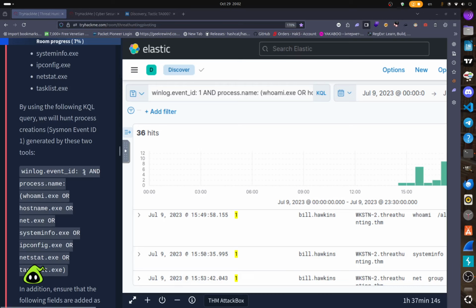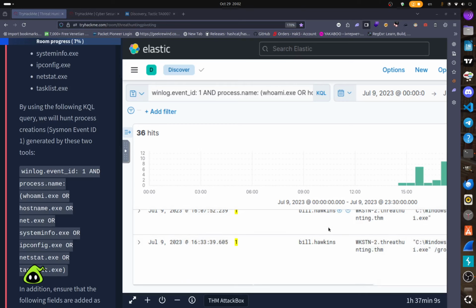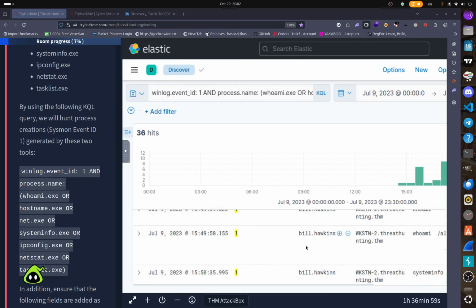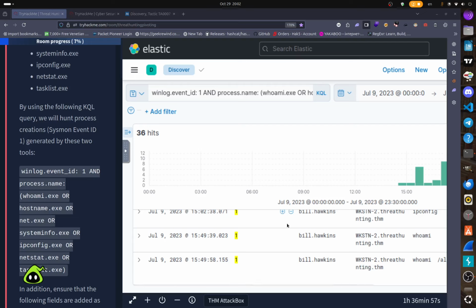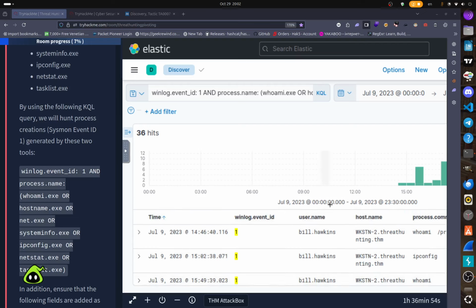So based on that, we can see that Bill Hawkins has executed multiple enumeration tools. We have whoami, we have ipconfig, and all of them were spawned by the CMD. So we know that system administrators may use these tools to retrieve information about the host. That's why we're gonna have to dig deeper on the use of this process. How? We're gonna need to find out what is the parent process of the command line processor here. So we're gonna modify the command here and look for